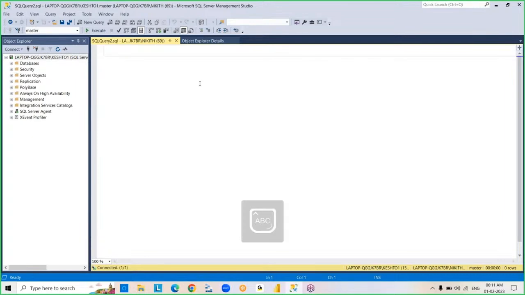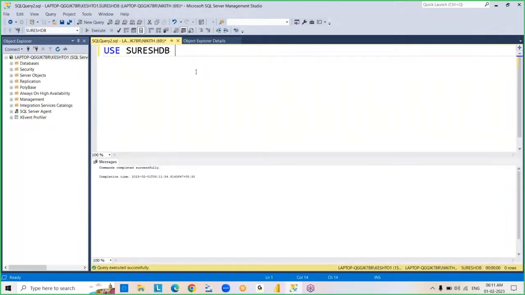But after connecting to new query, you have to select our database. Use database name. My database name is Suresh DB. Execute. For execution purpose, we are using this execute button. Now we connected to database. Then we have to work with remaining things. So in the beginning,